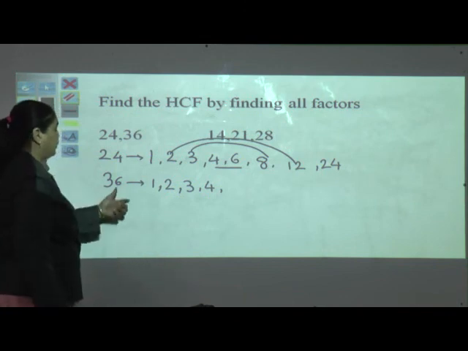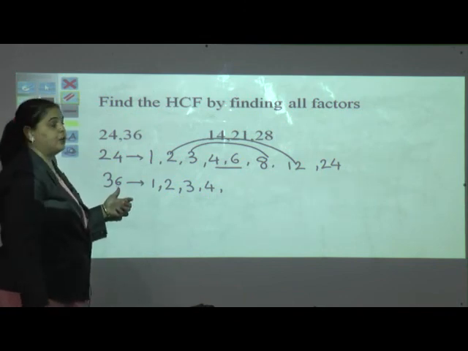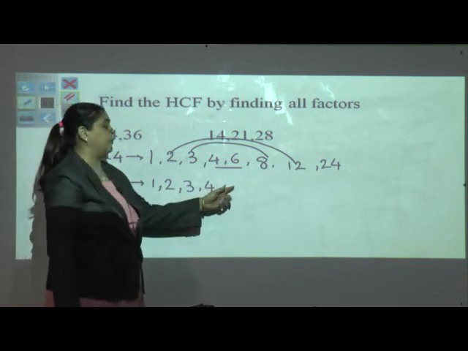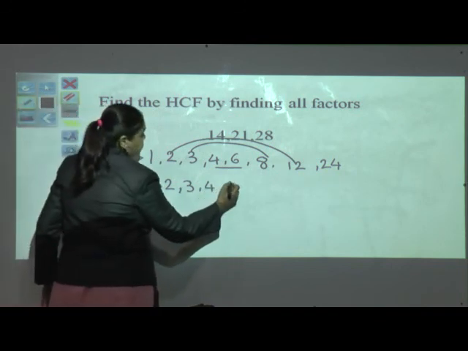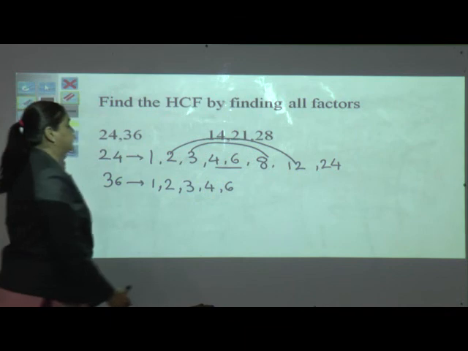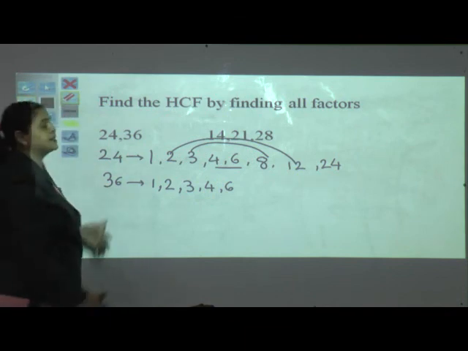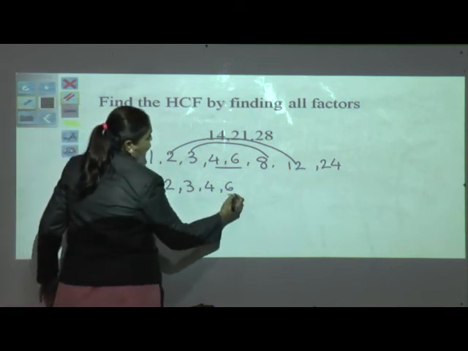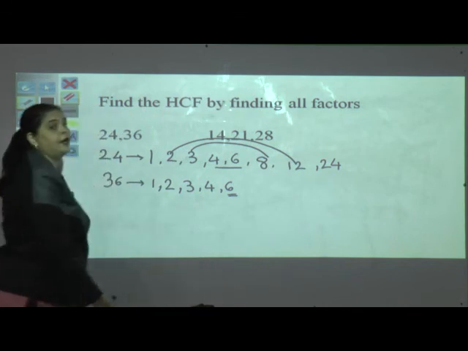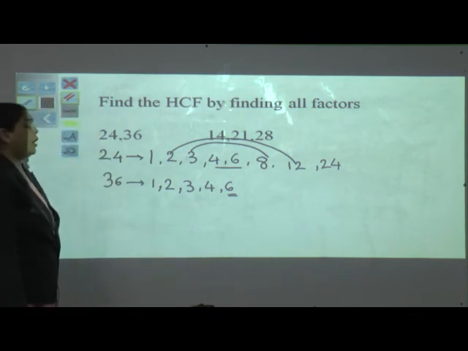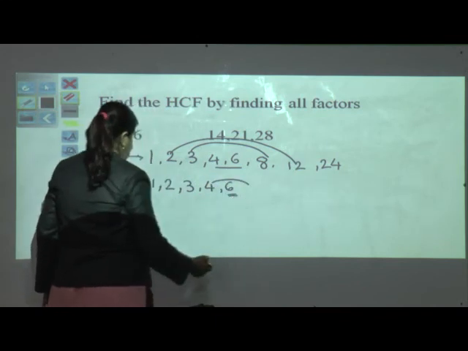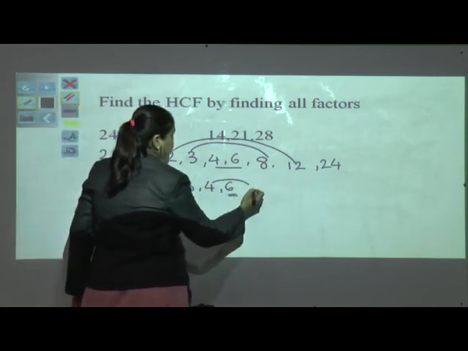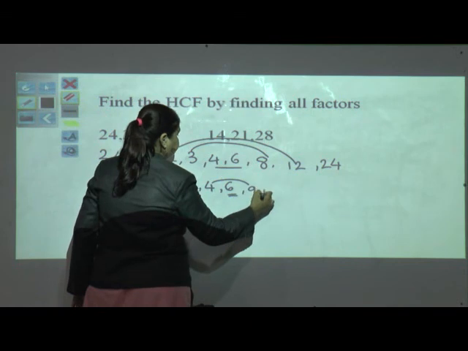Then we don't have 5 or 0 here, so it is not possible to write. We will not go for 5. Then we will go for the next number, that is 6. So 6, how much are? 6 6s are 36. So we got the bridge here only. So we have to go for the next 4. How much are? 9 4s are 36.